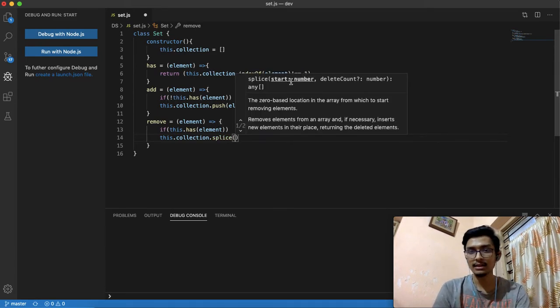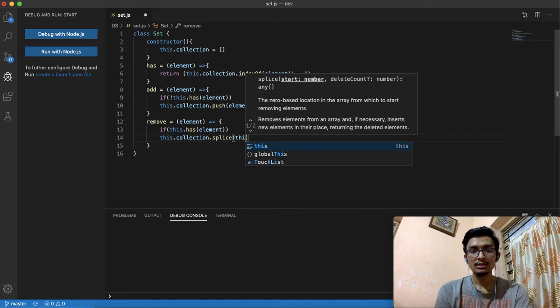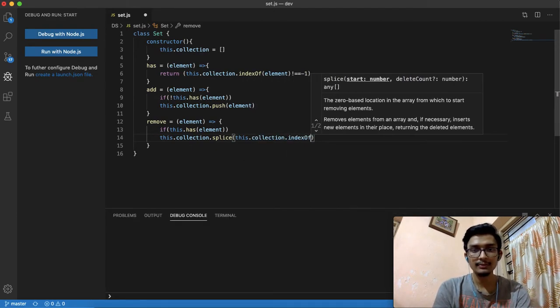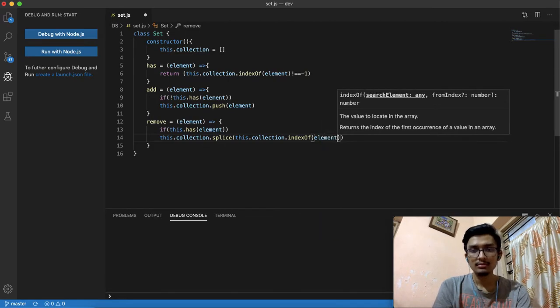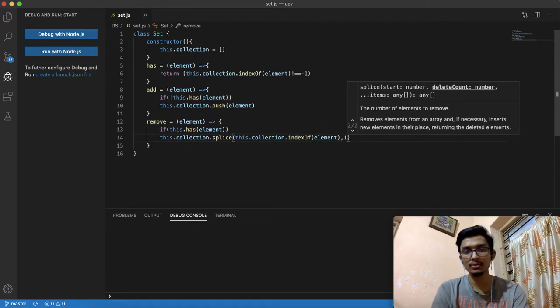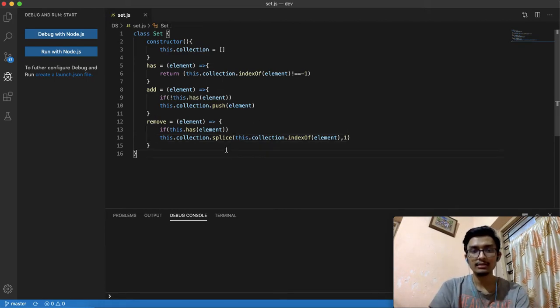One is the starting number and the second one is the delete count. The starting number indicates from where I want to start deleting an element, and the delete count is how many elements I want to delete. So this.collection.indexOf the element where I want to delete from and the number of elements, which is 1. I only want to remove one element.